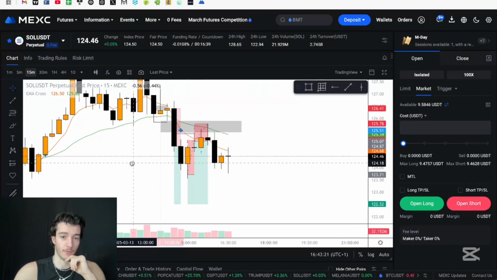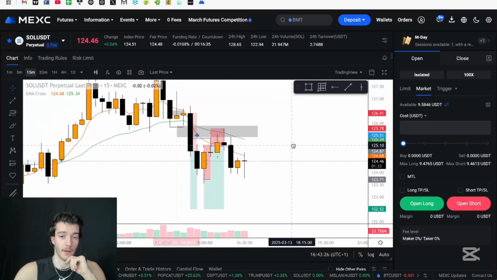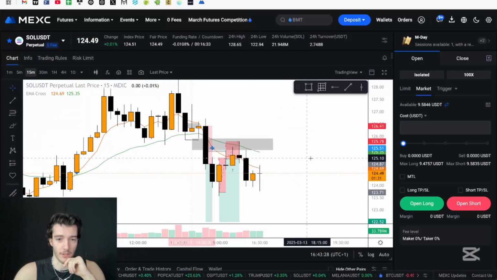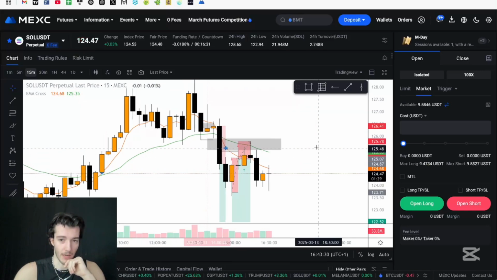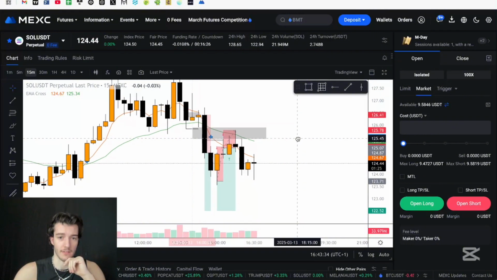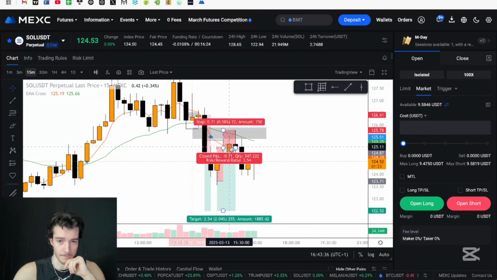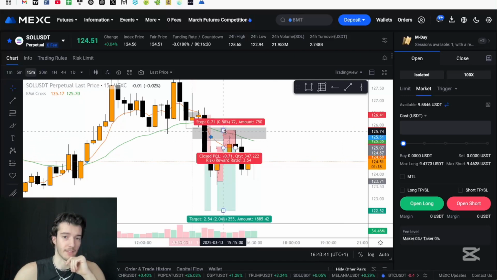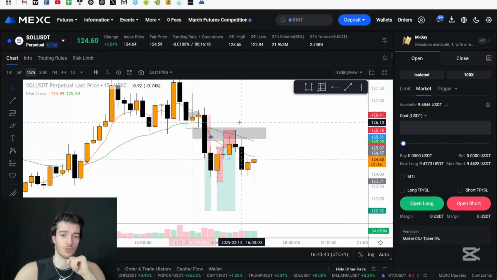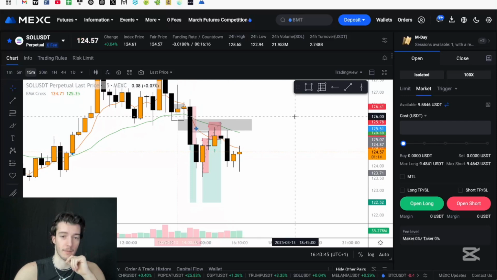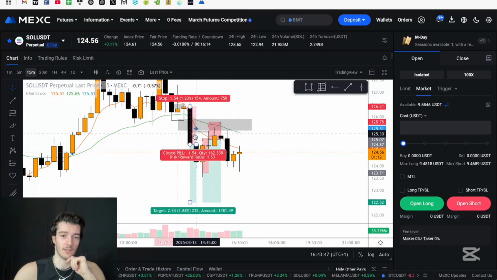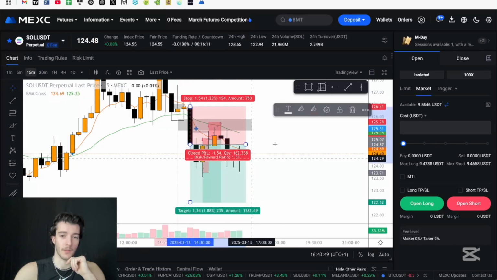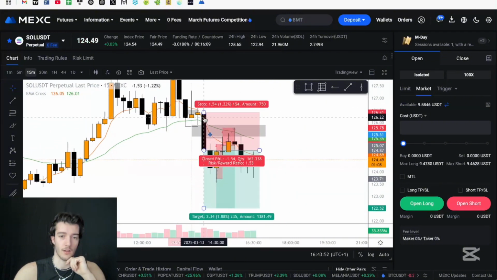and for some reason I did not follow my plan with Solana's trade, and I was a bit too emotional. I entered later and I re-entered, which was fine. The re-enter was fine, but the stop loss should have been the initial stop loss for the initial trade that I planned to have, because that was off of that 15-minute candle close.